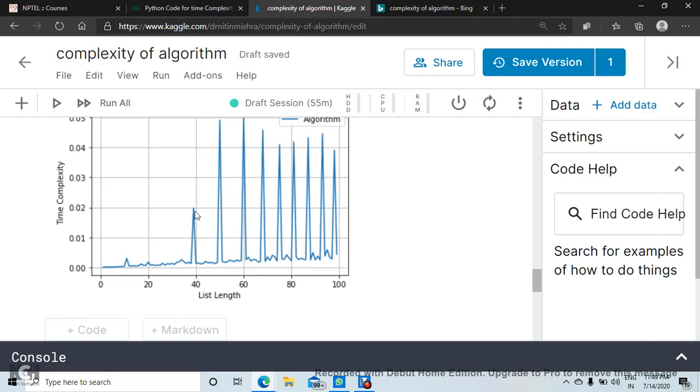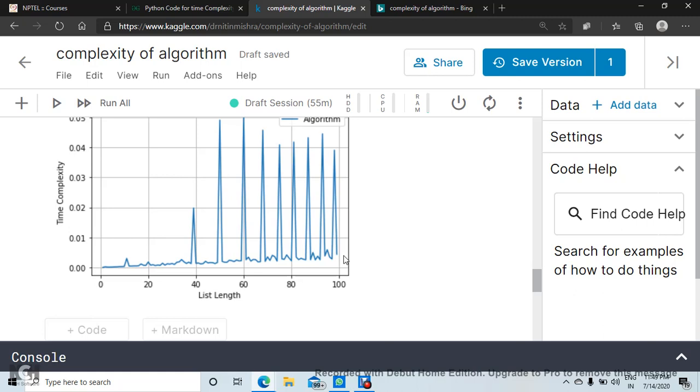Okay, these peak points may be due to system multitasking effects or some other means, but over 100 runs where n varies from 0 to n, you can see it follows a linear line. Okay, so hence our algorithm is justified. It has O(n) time complexity.